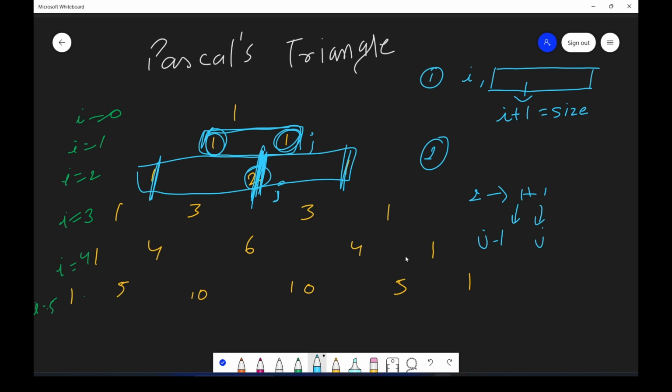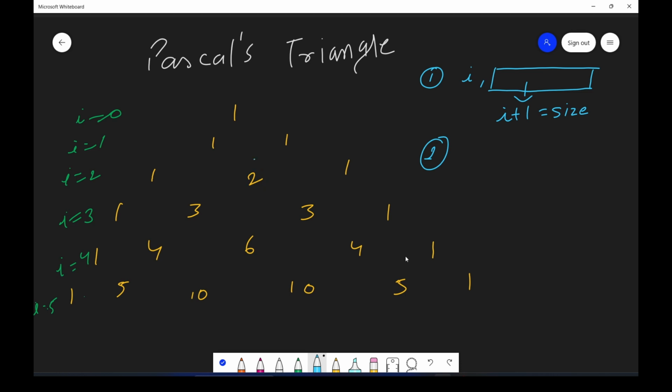So what we have concluded from this is that, let's say you have to make this element at position I comma J. How can you make this element? You can make it from I minus 1 comma, obviously the above row.